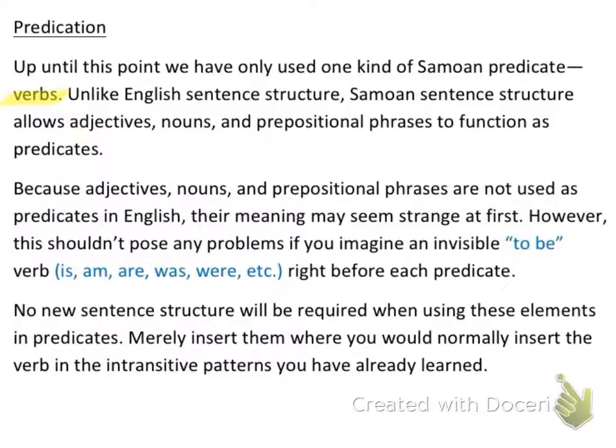So basically, unlike English sentence structure, Samoan sentence structure allows adjectives, nouns, and prepositional phrases to function as predicates. So these are going to sound a little bit funny when we replace these things and put these components that I've highlighted into our predicate phrase. So basically what I'm saying is when a verb or adverb is not present, then I can put these highlighted components. So if I have an adjective, I can put that in for my predicate phrase. Or if I have a noun, I can put that in for my predicate phrase, and the same thing with